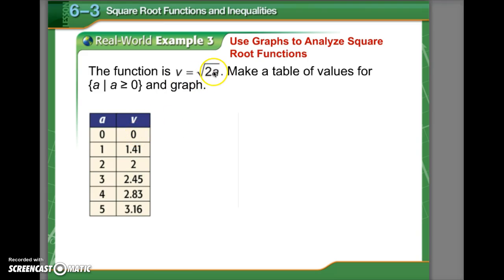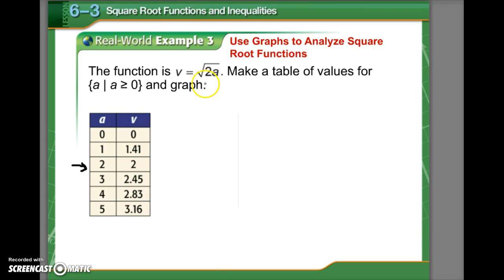The next value I would probably pick if I was doing this table is, let me pull up the drawing tool, this value right here, a is 2, because I know that 2 times 2 is 4, and the square root of 4 is 2, so I get a whole number for the velocity. And then they use 3, 4, and 5. You're always welcome to do that. You just need to have a calculator handy so you can figure out what the square root of those numbers will be. But if you want whole numbers, probably the next number I would pick,